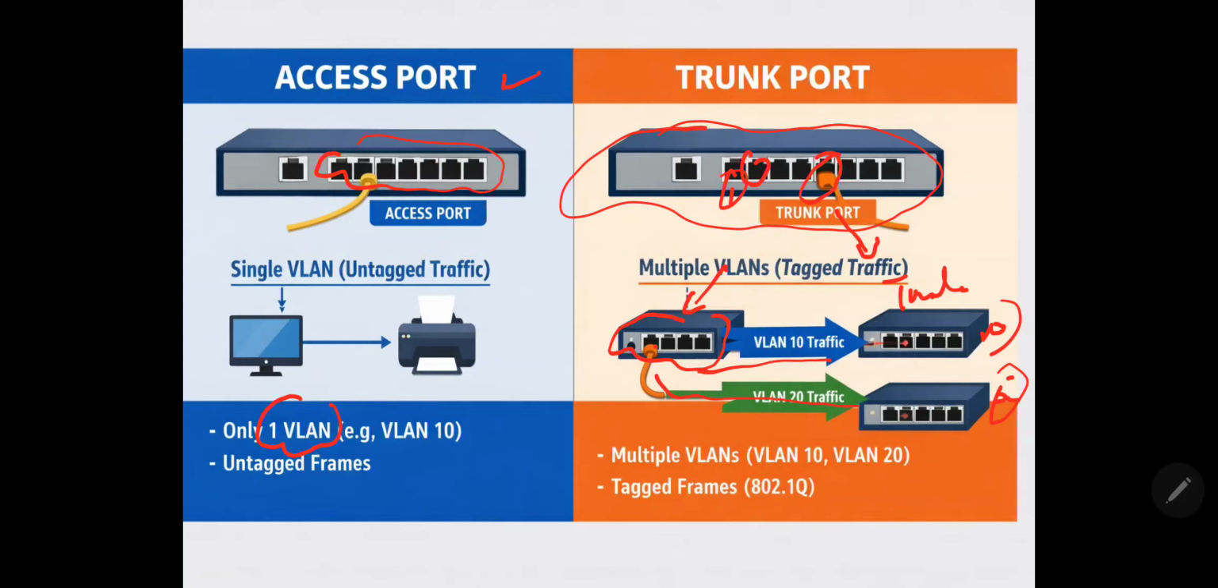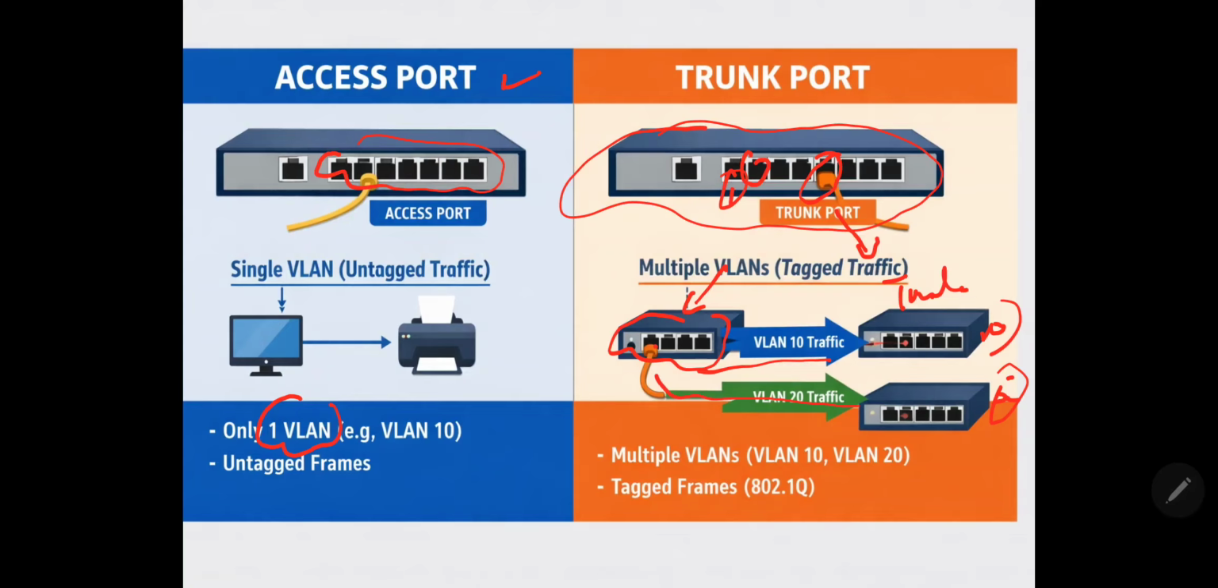Why is this important? Security, efficiency, scalability, and control. Security: VLAN data is separated between staff and guest networks. Efficiency: one cable can carry many VLANs using a trunk port. Scalability: easy to add new departments or VLANs. Control: network admins can manage traffic more effectively. The summary of this: